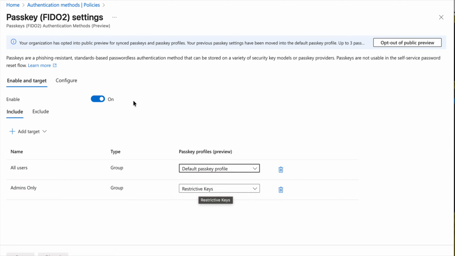When you sign in and come to authentication methods for the very first time, you will see a banner here which says opt out of public preview, because I have already opted in. So if you are doing it for the very first time, you will see the option to opt in to public preview. You need to select that, and then this passkey profile option will become available for you as an administrator. And after you complete the configuration, your end users can then configure passkeys on their mobile devices or on their laptop